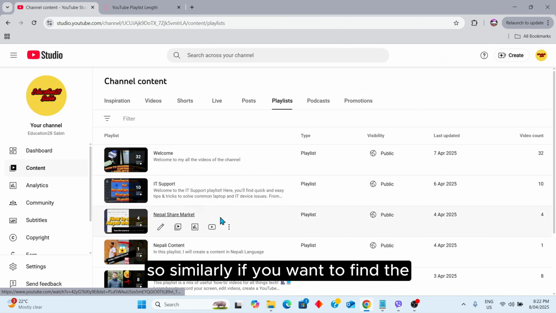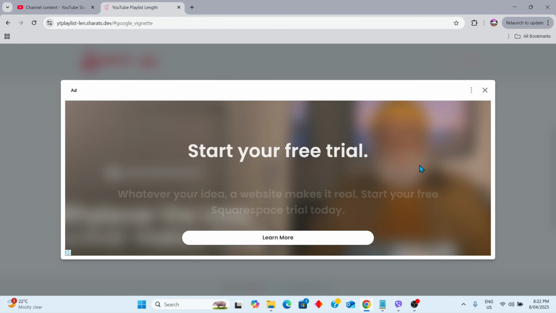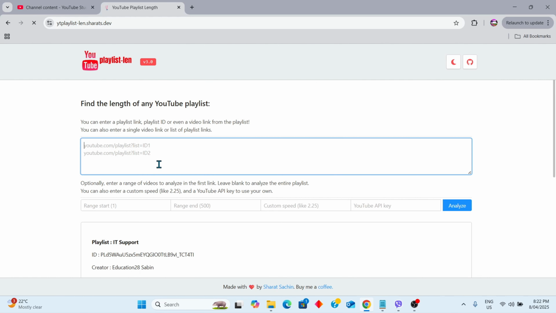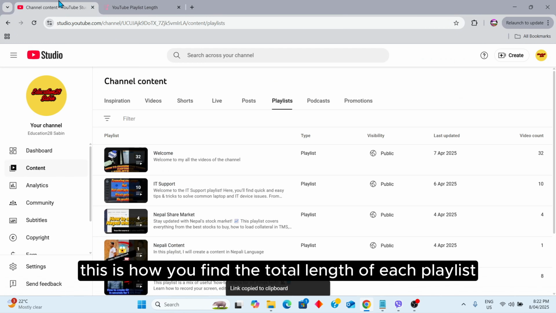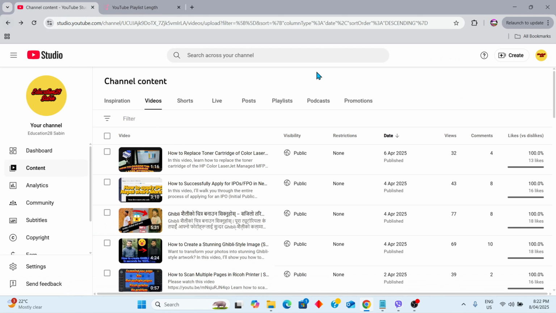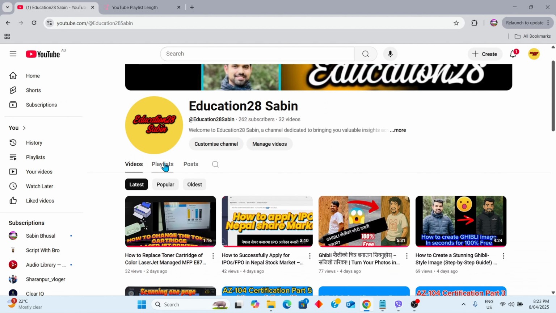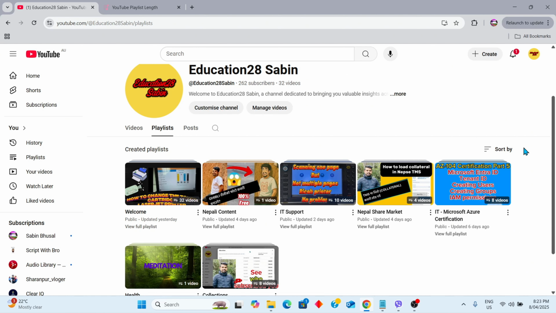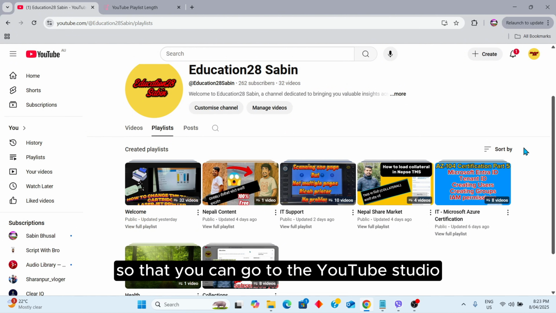Similarly, if you want to find the total length of another playlist, just click on the same one, then copy and paste, and this playlist is a total of 29 minutes 43 seconds. So this is how you find the total length of each playlist, and you don't have to count manually. This solution will work if it is your YouTube channel, so that you can go to YouTube Studio and